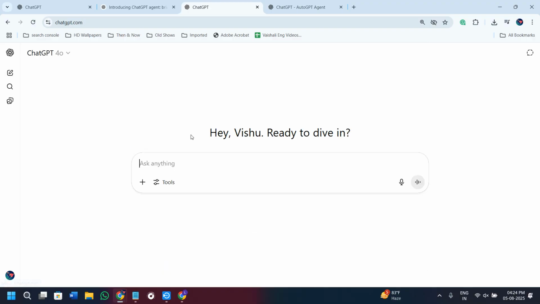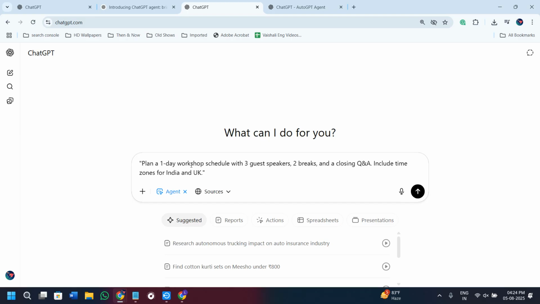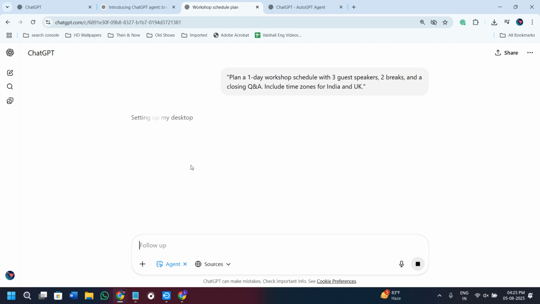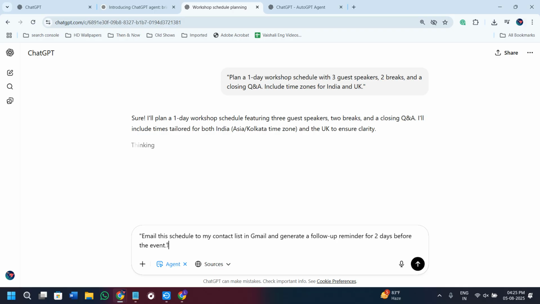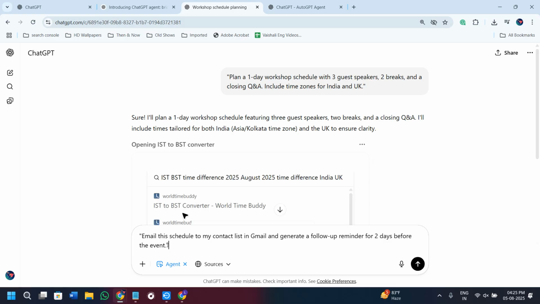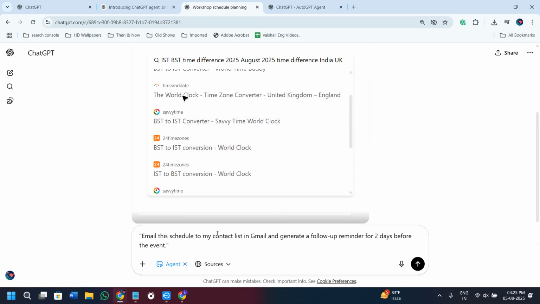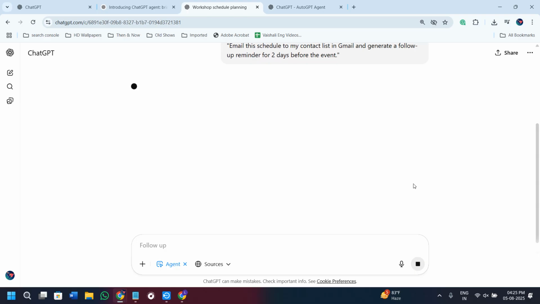Now another use case that I would like to show you is that you can even use it for event planning. Suppose that you are organizing a virtual workshop for 50 people. You can tell the agent something like this, remember to activate the agent mode: plan a 1-day workshop schedule with 3 guest speakers, 2 breaks, and a closing Q&A. Include time zones for India and UK. After that, you need to hit enter over here. It will draft a full agenda with correct time zones. Now you can go further and give a follow-up prompt, like: email this schedule to my contact list in Gmail and generate a follow-up reminder for 2 days before the event. After giving this prompt, because the agent is connected to your Gmail and calendar, it will actually send the emails and create the reminders, saving you hours of